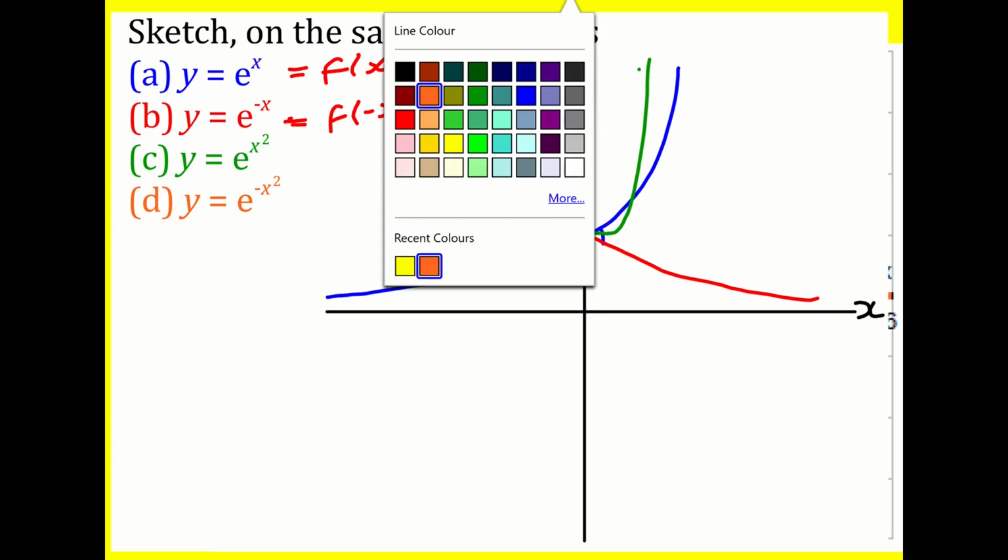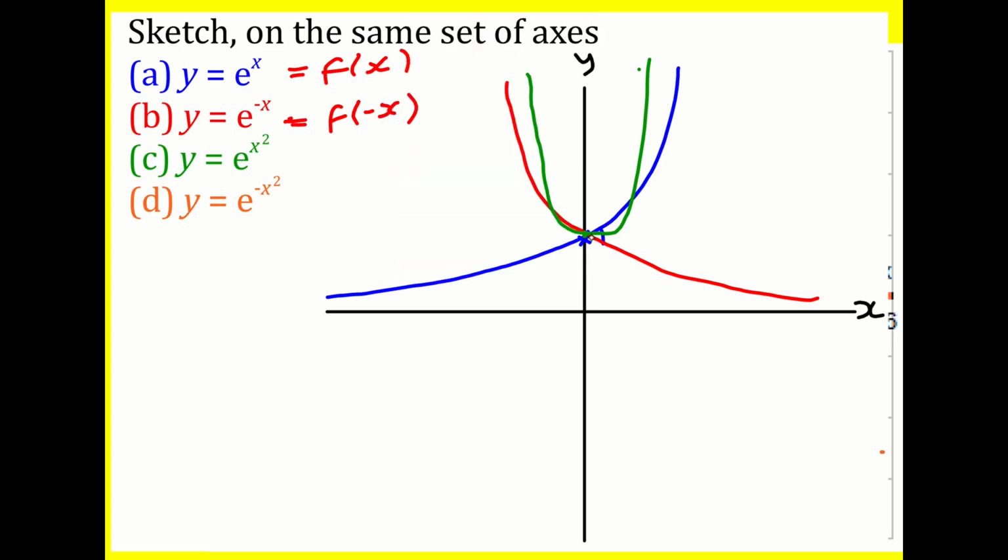And finally, e to the minus x squared. Well, again, this one is going to cross at 0, but now what's going to happen? It's actually going to go to 0 in both directions. So it's going to end up here and it's going to end up here. This is always a classic thing to do when you're sketching a graph you've never seen. Think about what happens when x is 0. Think about what happens when x is large in both directions. And then somehow it's going to join up. And now you can just sort of make a rough kind of guess at it, or